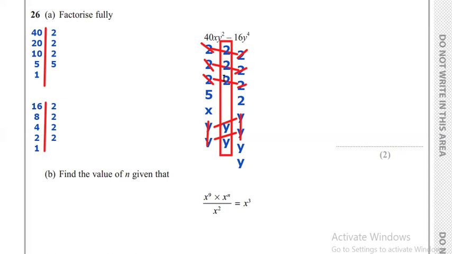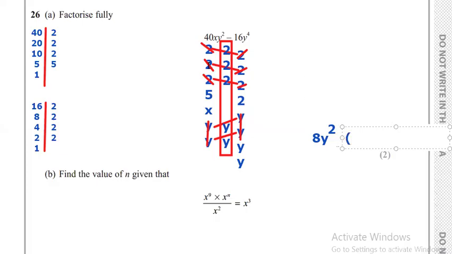4 times 2 is 8. So I will write it here, 8. And then y times y is y power of 2, like this. Now, these are the one in the middle, which are the common ones. And then what do I do? If I took all the common ones and finished with them, I'll open a